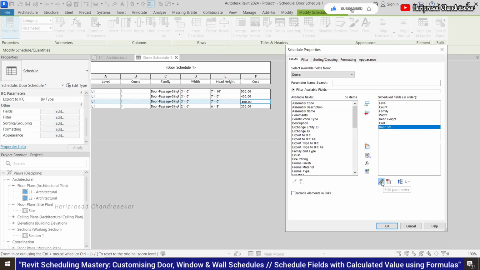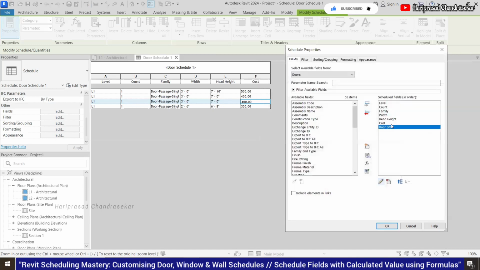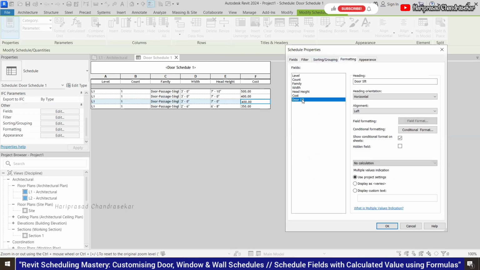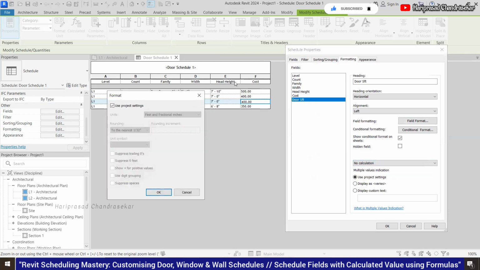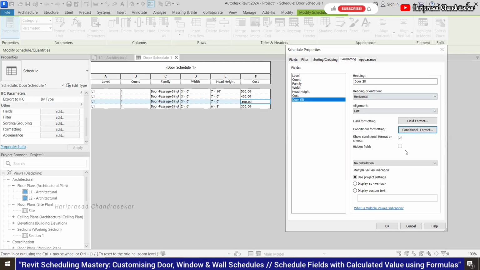Then we edit the parameter. We can also edit the parameter if you want. But now we can also go to formatting and then door SFT. I'm having no calculation. Okay, so calculate totals and all we are able to do.